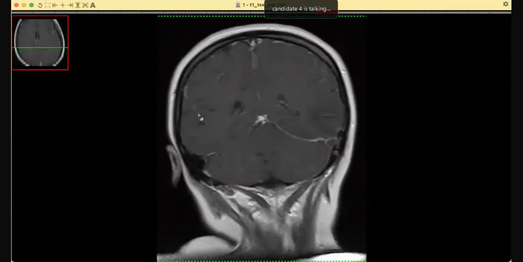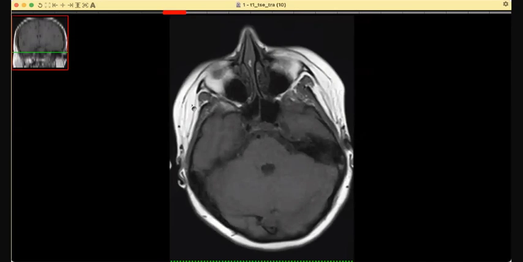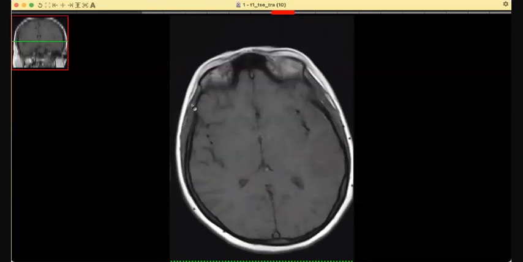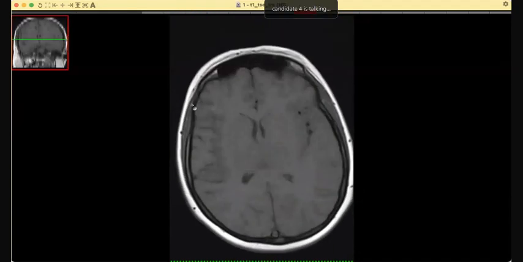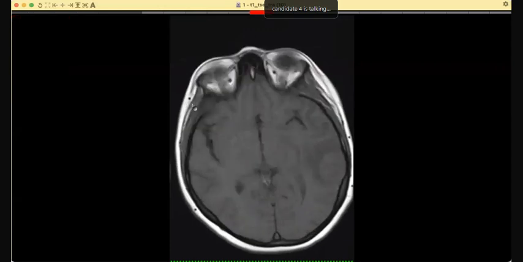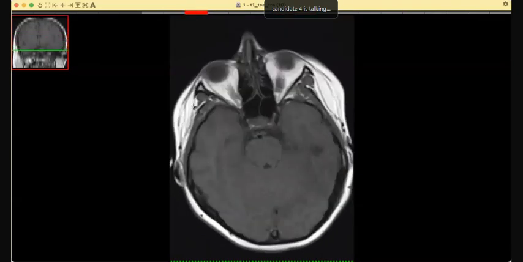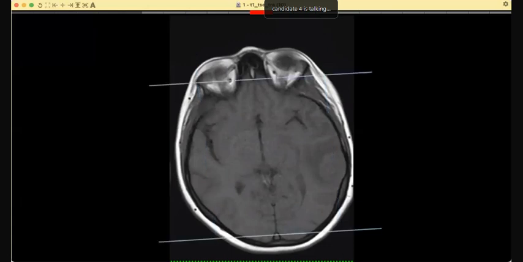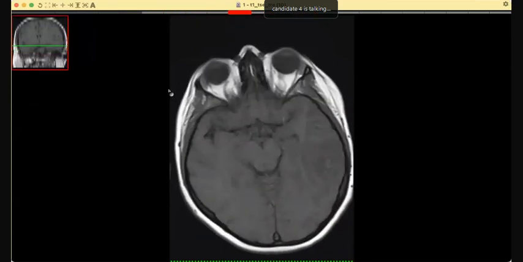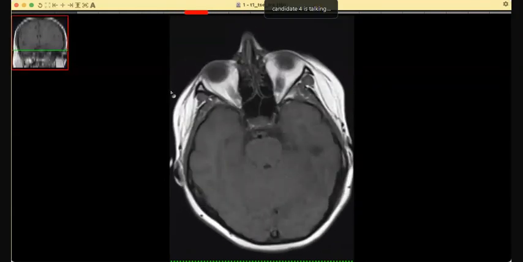Okay, I would like to look at T1 images. T1. Yes. This is the T1. Okay, on T1 axial images, it shows heterogeneous intensity with areas of isodensity as well as hyperintensity. So this could also be a lesion involving the left temporal area. Give me your conclusion. Okay, so this could be either